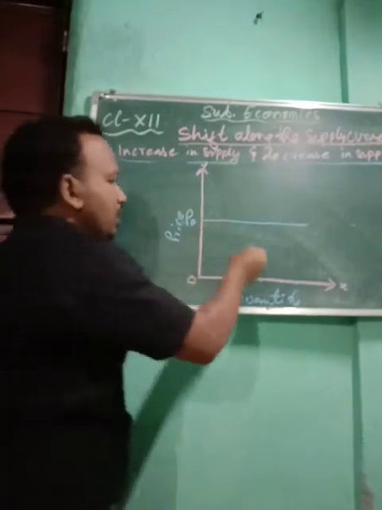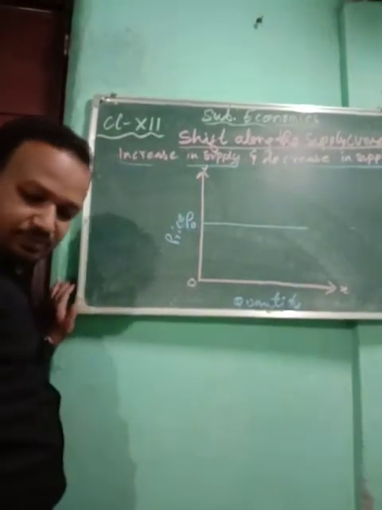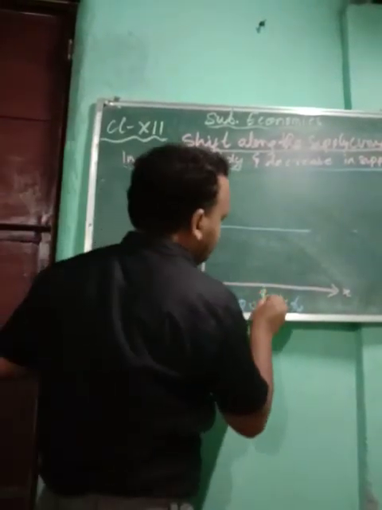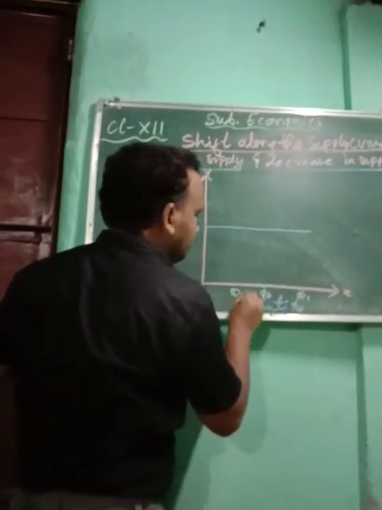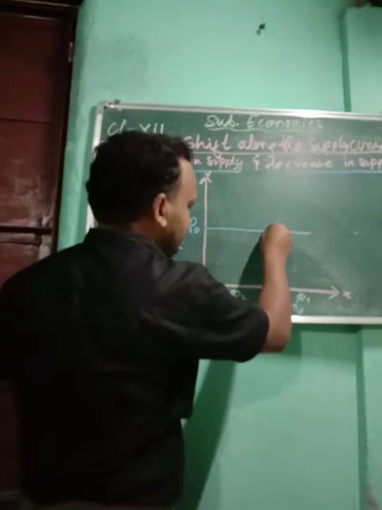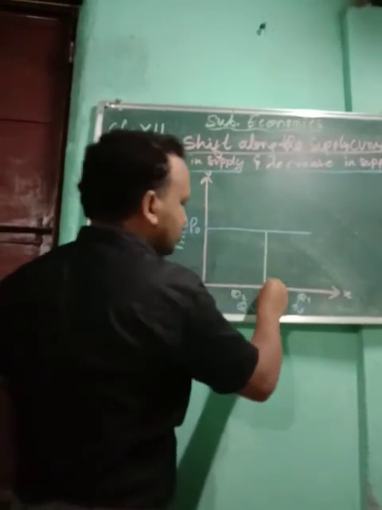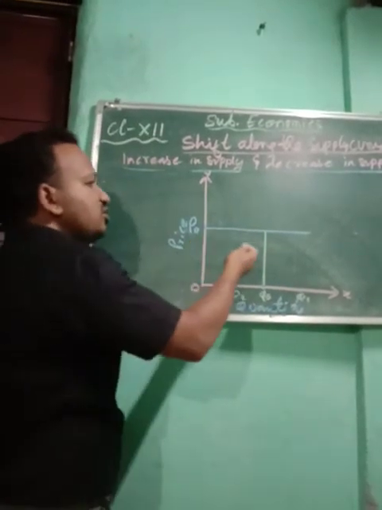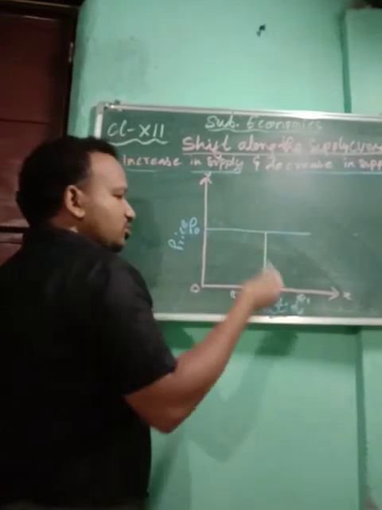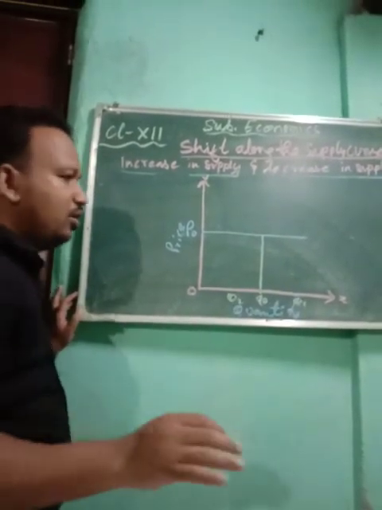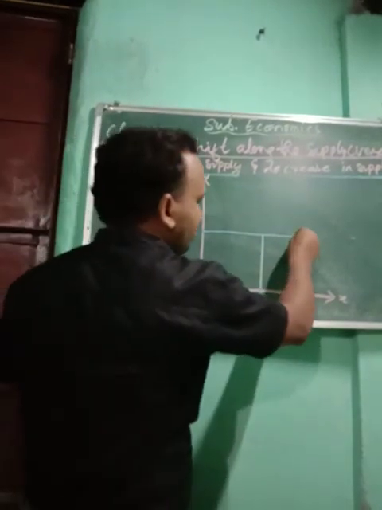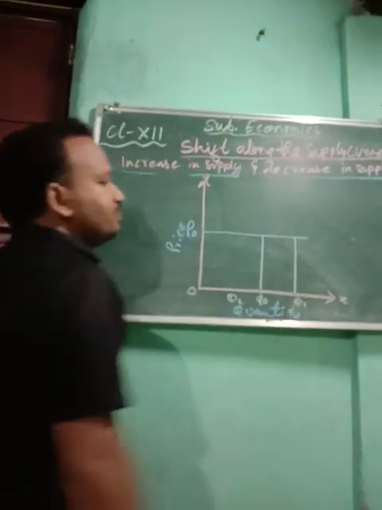Okay, so here the middle one will be the base, Q0, Q1, Q2. So middle one is your base. So we can see price is fixed. So when the cost of the production will fall,